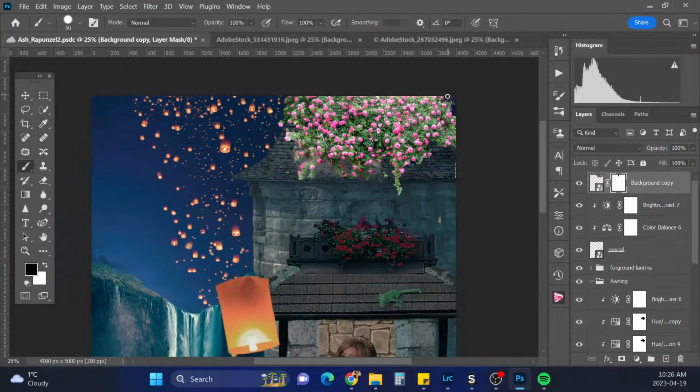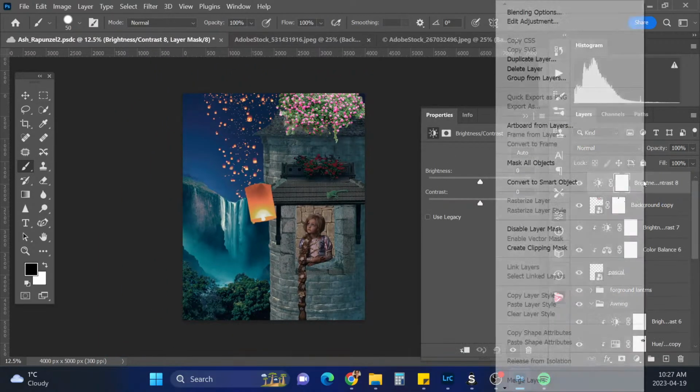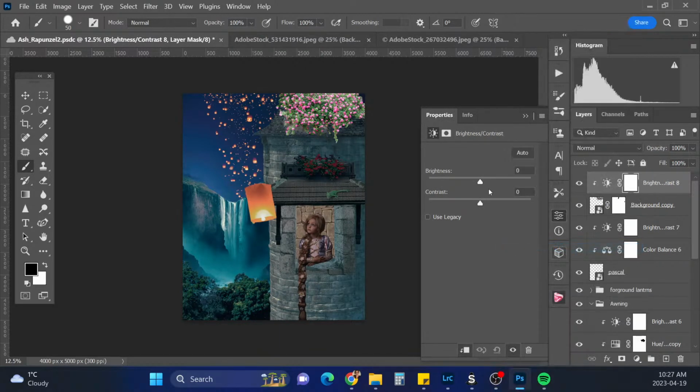Yeah, we don't want that bit in there. Or that. Brightness and contrast, and create a clipping mask on it.